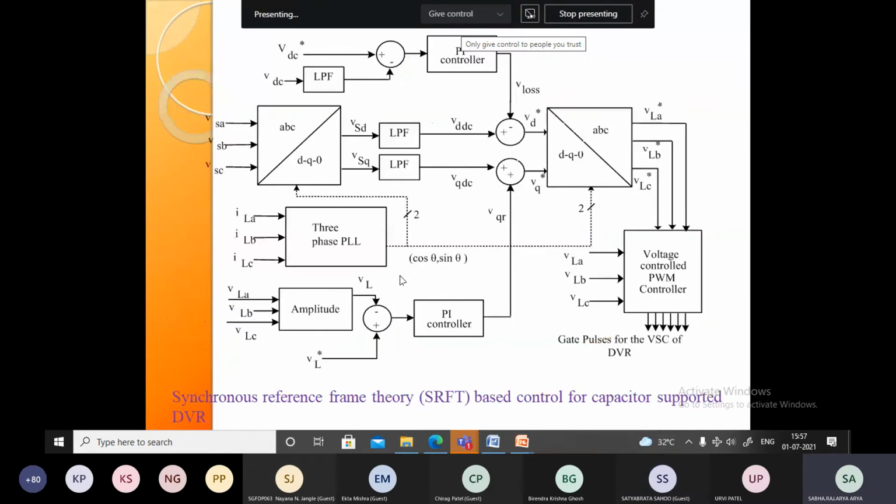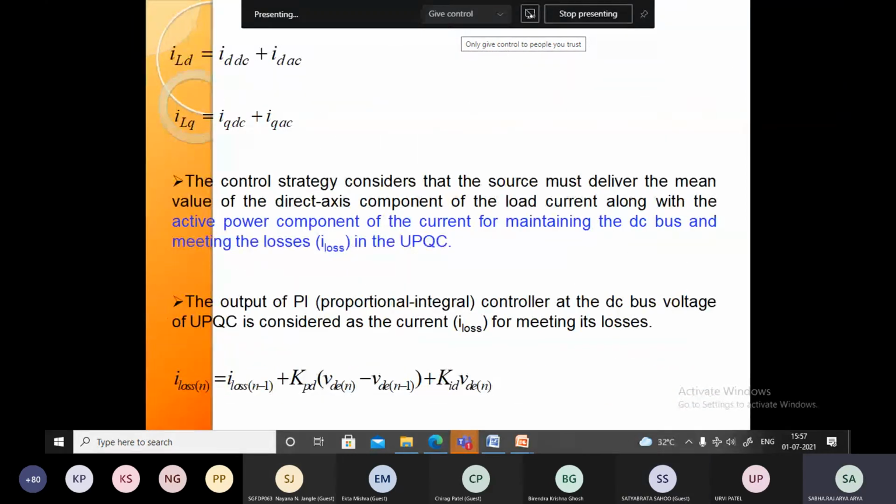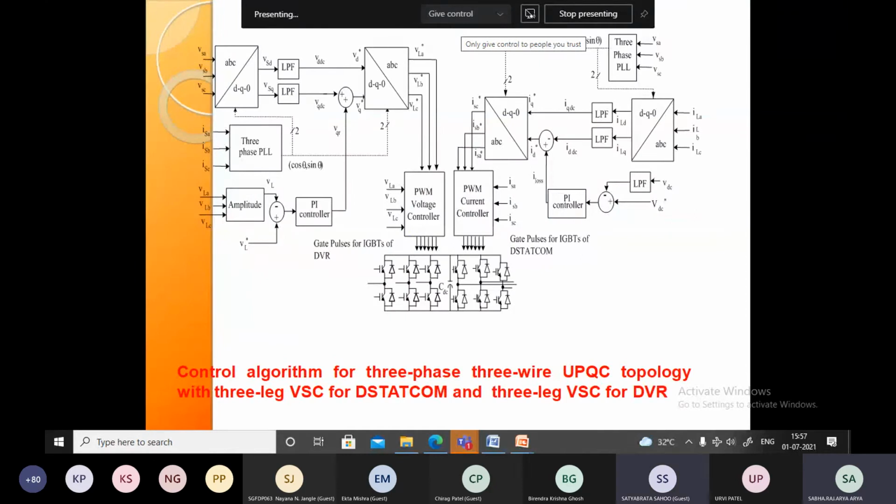In that way, this is the DVR. Now you can see the EPQC. How we can control it? One section you develop for shunt control, and a second section for voltage control. One voltage, one current. You can see the left hand side is the control for the DVR, and the right hand side is the control for DC compensation. Take the supply voltage in case of the DVR and convert ABC to DQ. Then you have VSD and VSQ.